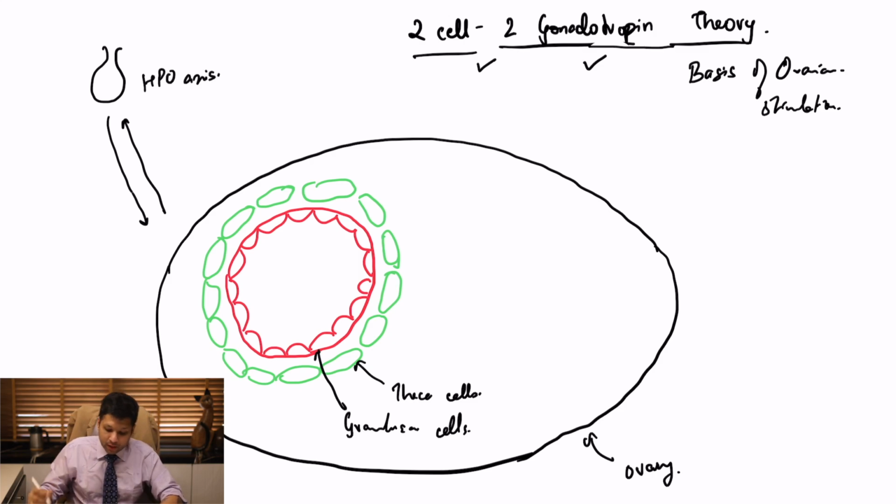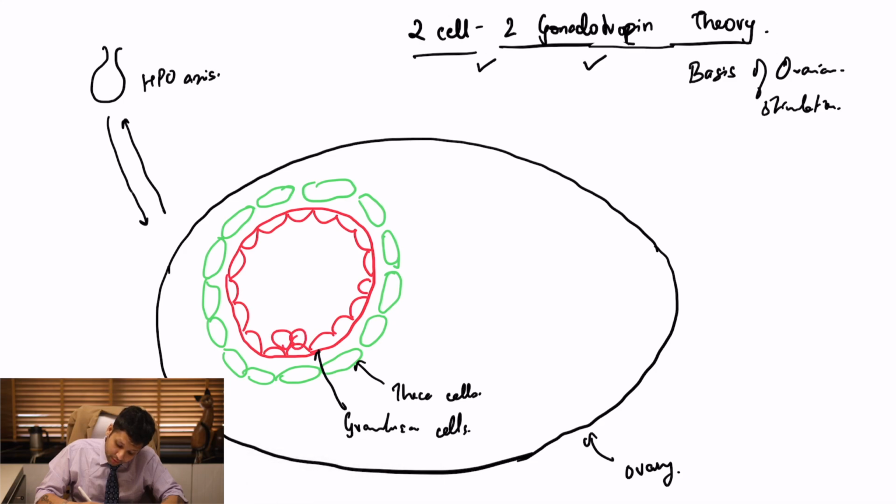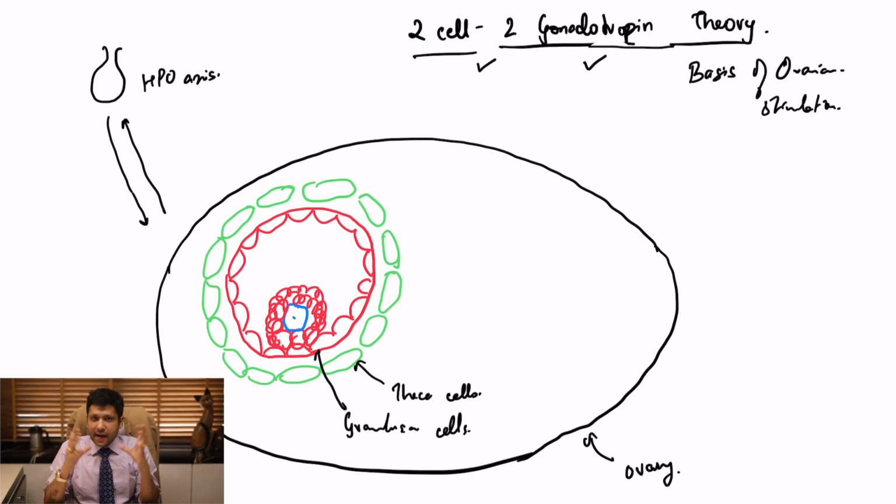axis. Alright. Now what is important for people to understand is that inside the follicle, inside of these granulosa cells, you have the oocyte which is harbored in the center. Okay, there are cumulus cells which are surrounding the oocyte. Correct? These cumulus cells are in turn connected to the granulosa cells. The granulosa cells are bound very thickly by tight junctions.